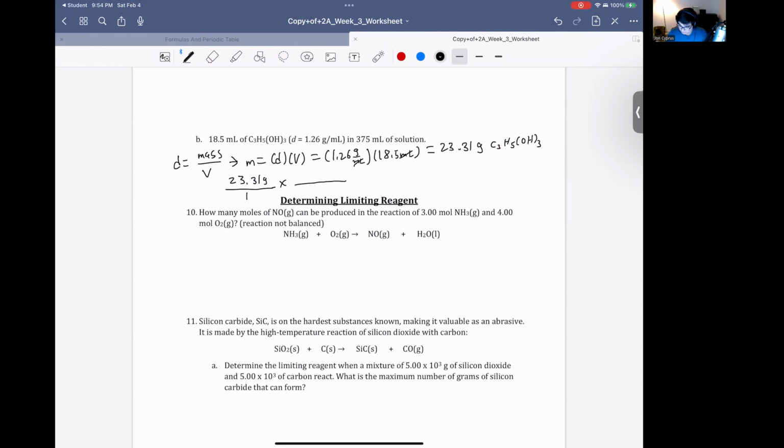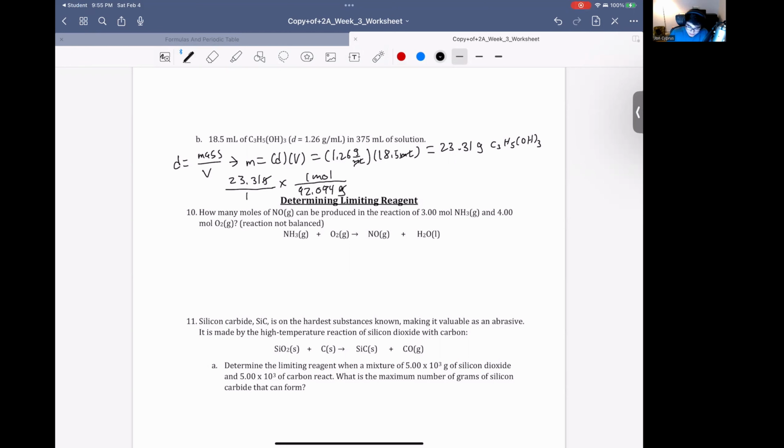we're going to end up getting 3 times 12.01 for the carbons, plus 5 times 1.008 for the hydrogens, plus 16 plus 1.008 for the hydroxides, and you have to multiply that by 3 because there's 3 hydroxides. So technically they're not hydroxides, they're actually alcohol groups. You'll learn about that in organic chemistry. But you have 92.094